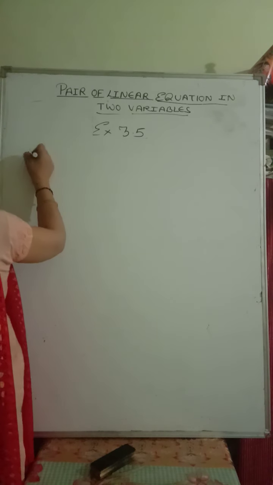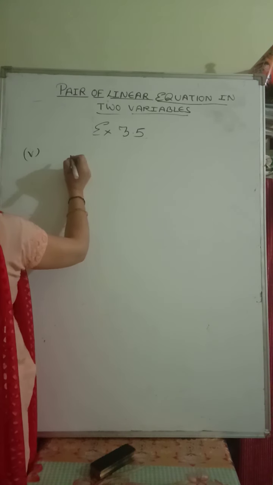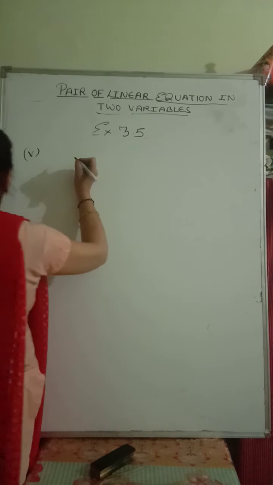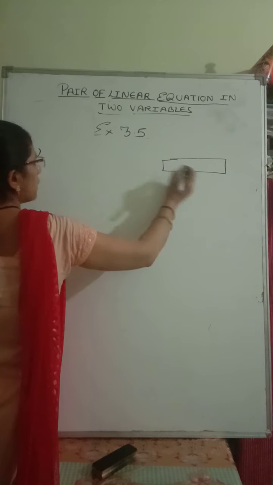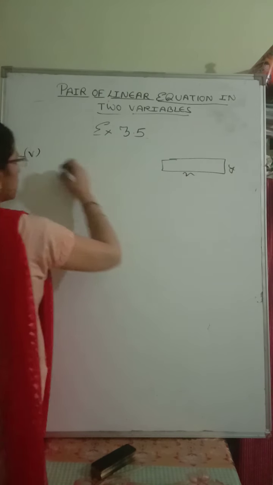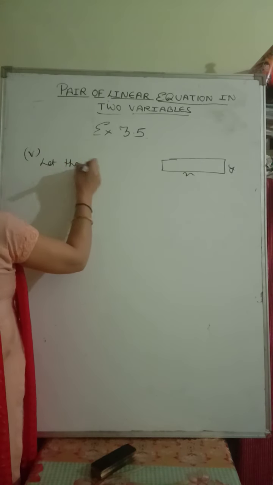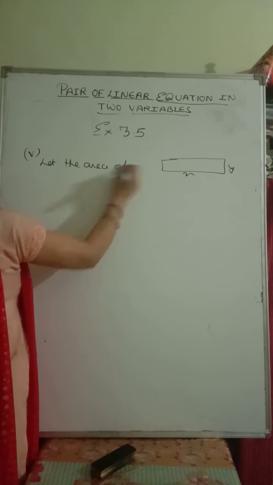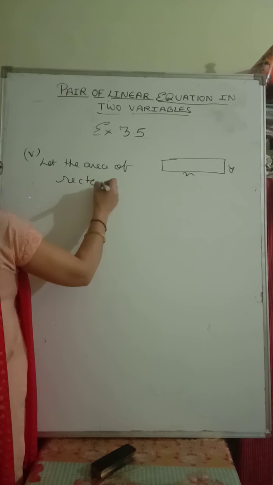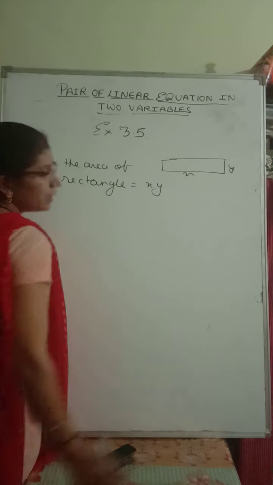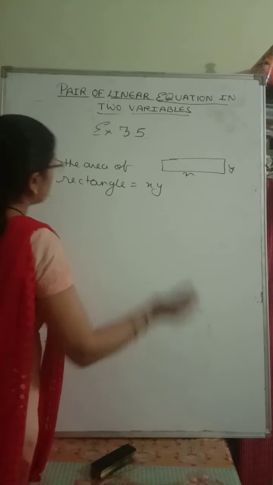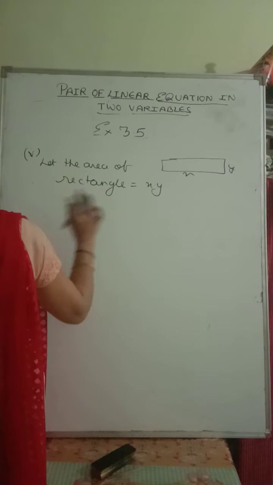Now the fifth part is that the area of a rectangle gets reduced by 9 square units. Now the area of a rectangle is length into breadth, so first we write, let the area of the rectangle be x into y, length into breadth. Okay, this is the area of the rectangle. Now according to the question,